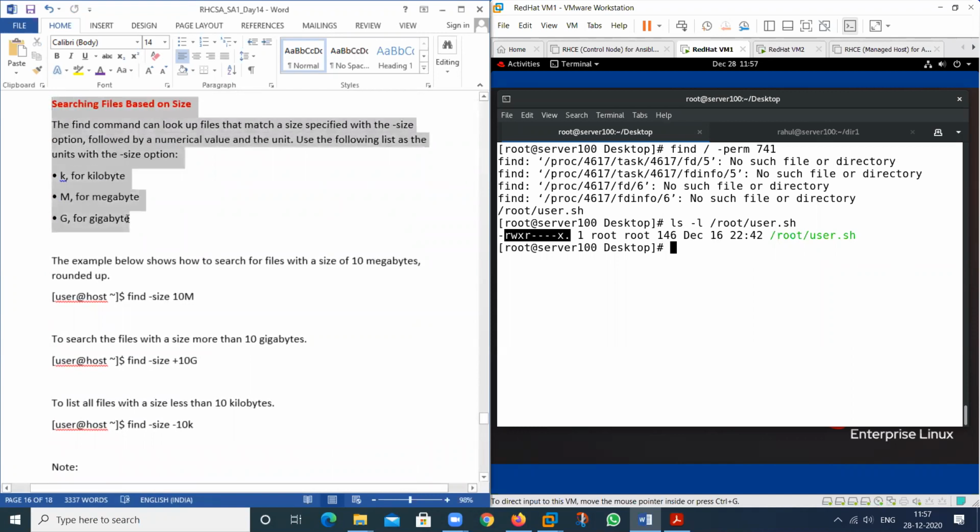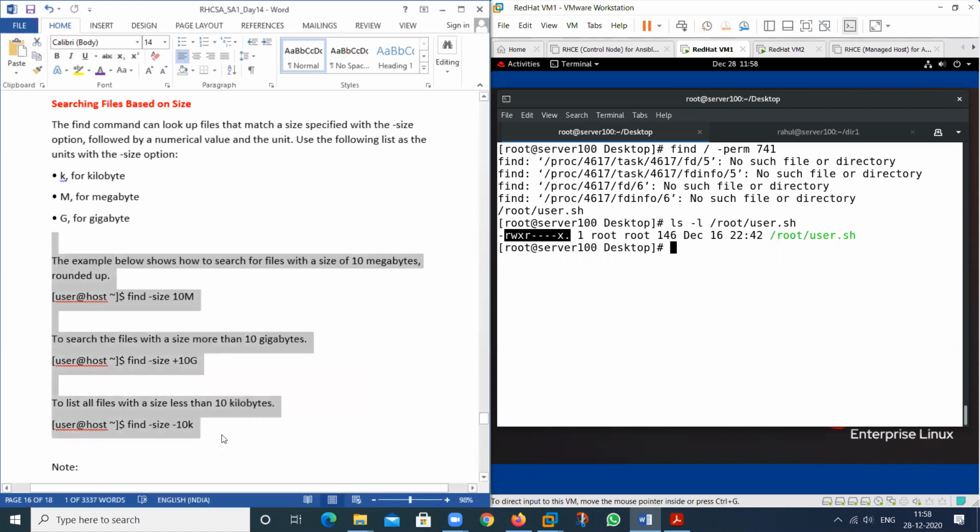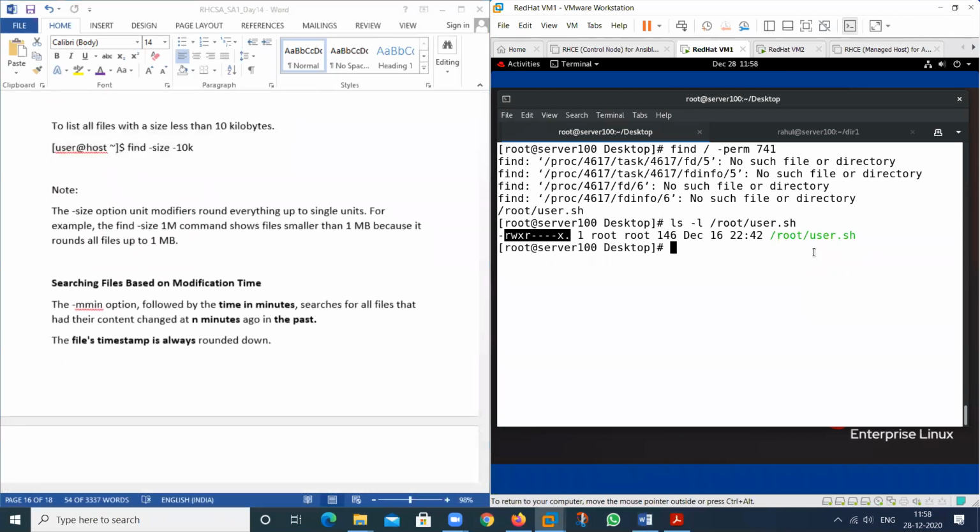And if I want to search the file by using the size, you can also use the size. So this one is the size option. It means exactly 10, +10 means more than 10, -10 means less than 10K. So we can use these options also. See the result.